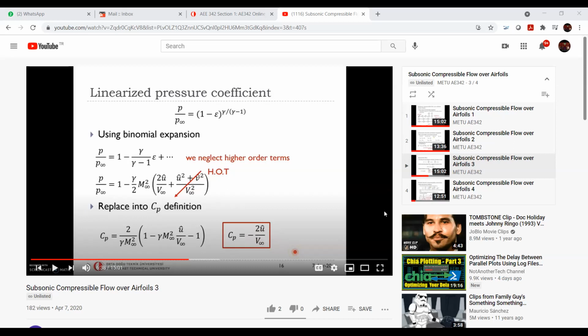This is called small perturbation theory, and we apply it to our potential equation. Small perturbations can be relevant to aerodynamics. If there is a free stream flow with no disturbance, and a solid object immersed into that flow is disturbing the flow in a small fashion,